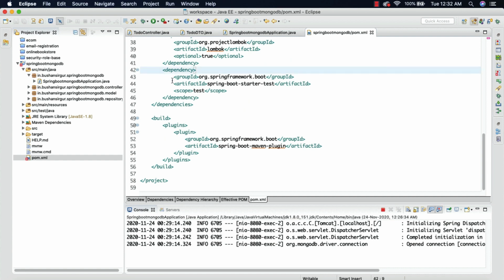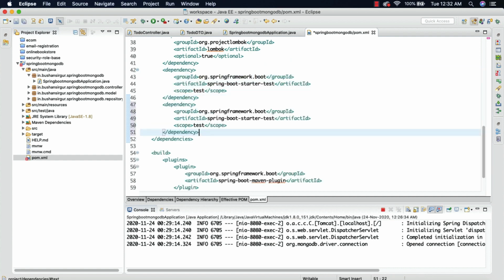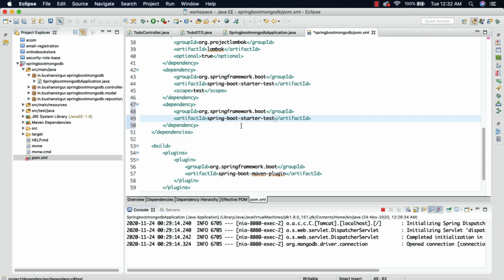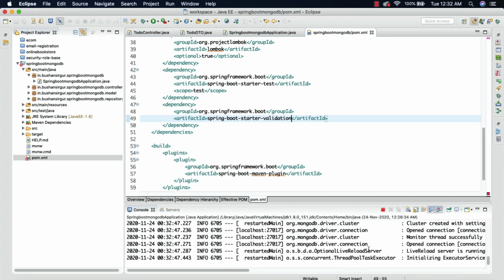Let me copy this dependency and paste it down. Then we're going to change the bits that are required. Right now we don't need scope, and the artifact ID is spring-boot-starter-validation. Let me save this, so that it downloads this dependency. Okay, now the dependency has been downloaded.